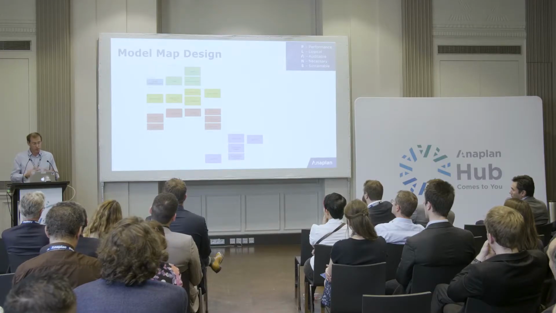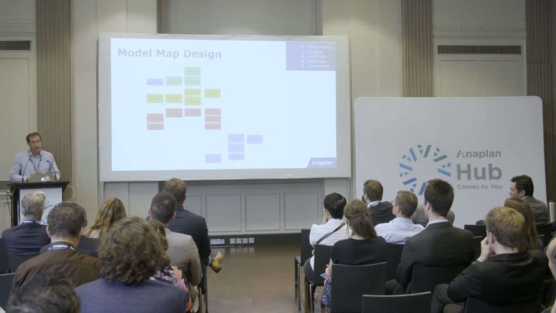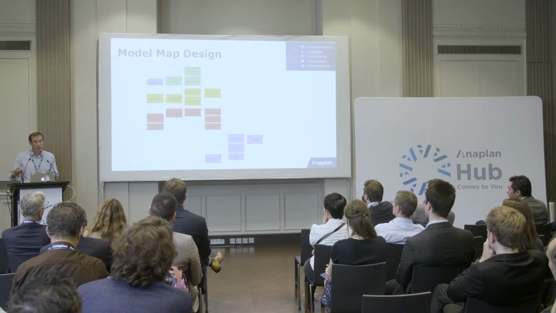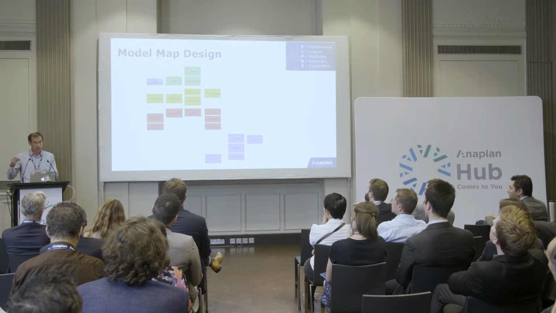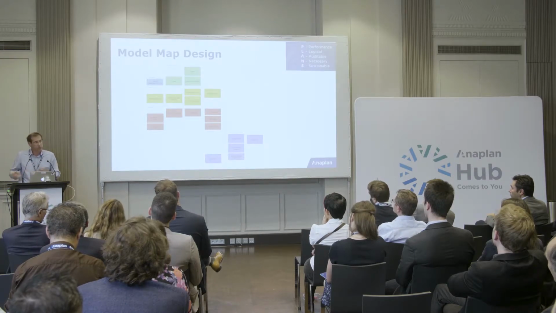And I genuinely didn't touch that. I didn't deliberately make it look good for the presentation. It was just how I built it. And so that's what I'm trying to say. You should be able to have model maps that look something like this. Not obviously as small as that, but elements of it. So if you pick an output module, and you choose the show selection, you should be able to trace it nicely. And you can see the arrows are all flowing one way. They're not going backwards and forwards. As I say, calculation-wise, that doesn't matter, but for understanding and logic, it's a lot easier to audit and to understand and to try and change things.